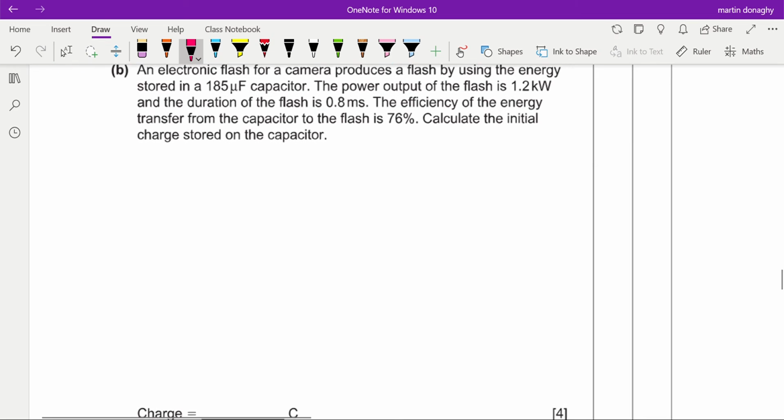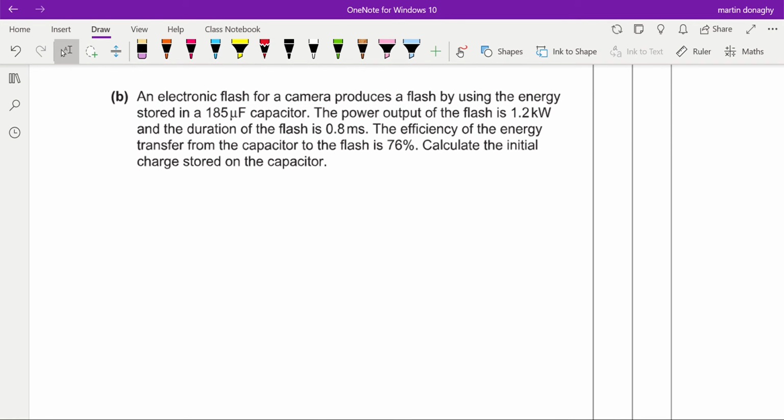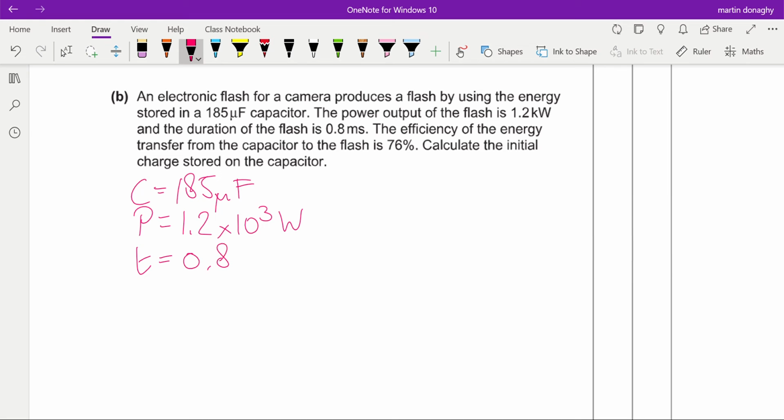Part B. An electronic flash for a camera produces a flash by using the energy stored in a 185 microfarad capacitor. The power output is 1.2 kilowatts, so that's 1.2 by 10 to the 3 watts, and the duration is 0.8 milliseconds, so that is 0.8 by 10 to the minus 3 seconds. The efficiency of the energy transfer from the capacitor to the flash is 76%. Calculate the initial charge stored on the capacitor. So this is the output power,